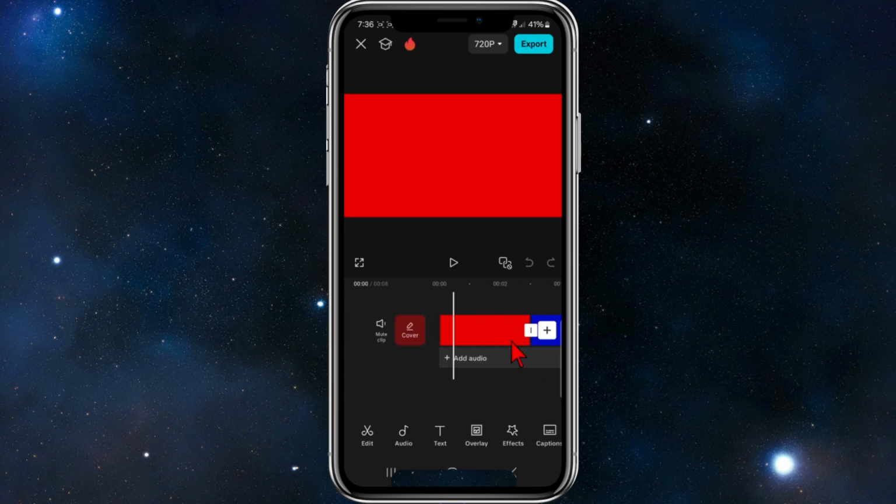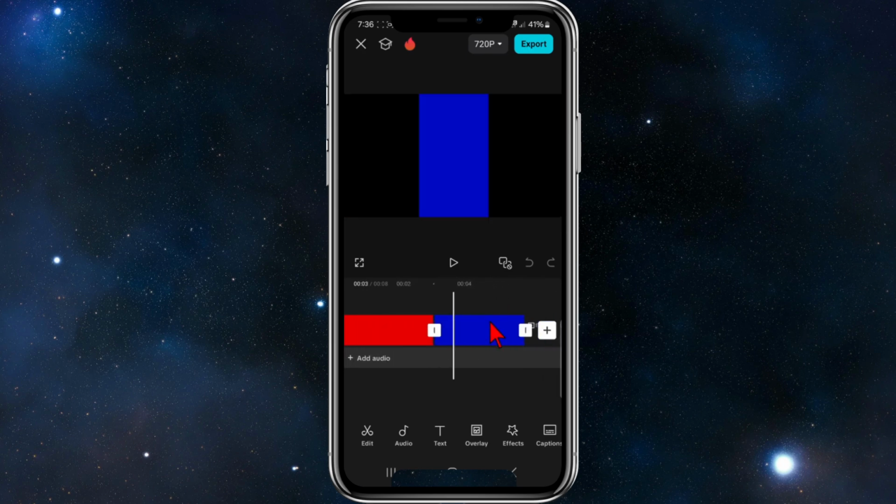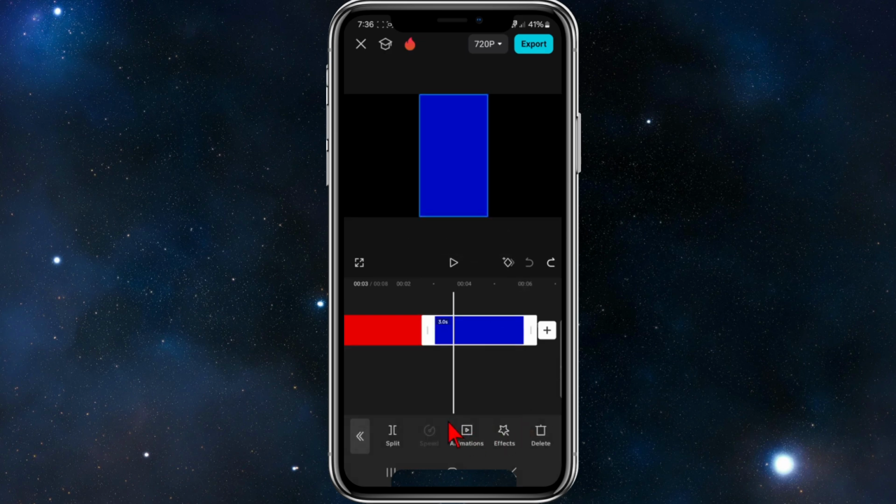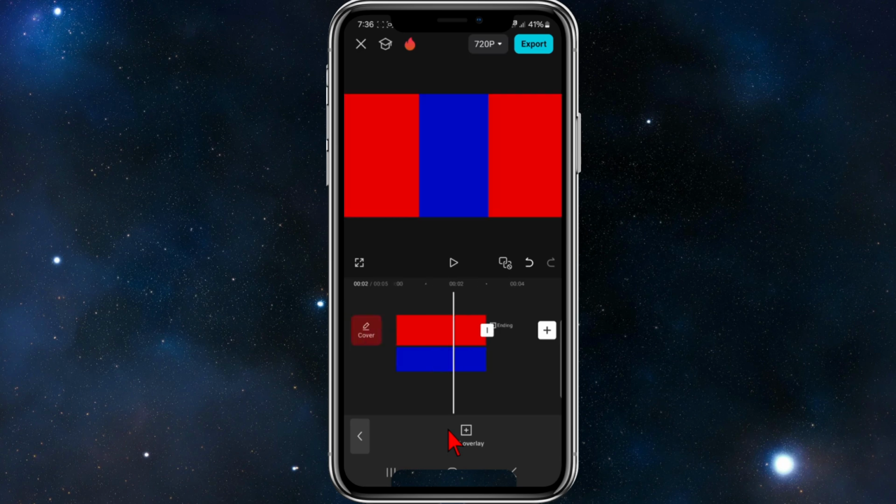So now what I want to do is click on the second color here. So I'll click on the second color at the bottom here. I want to choose overlay. Here's overlay. And now I want to position this, click and hold and drag it so it's in line with